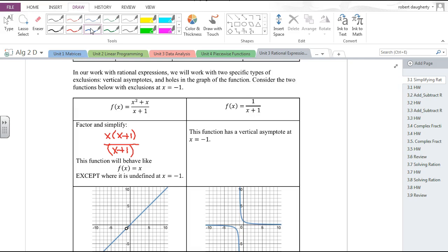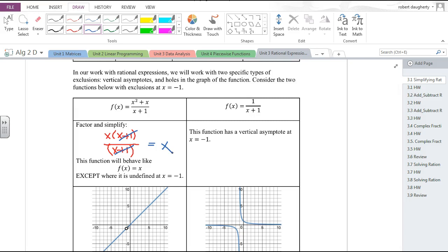This would be where the teacher asks the question, the students respond with an answer. Can you see anything that can be simplified? Yes. What is x plus 1 divided by x plus 1? That is 1. So what am I left with? X, okay? So this rational expression looks a lot like, and behaves graphically like, f of x equal